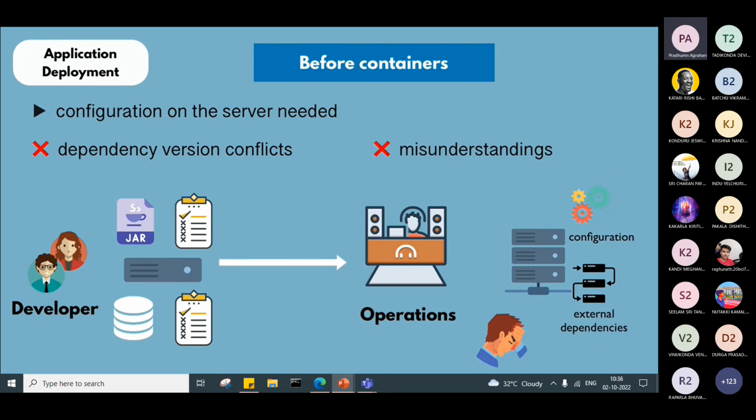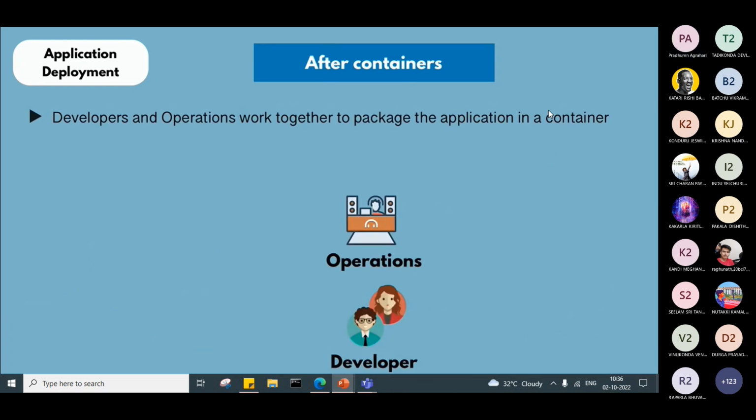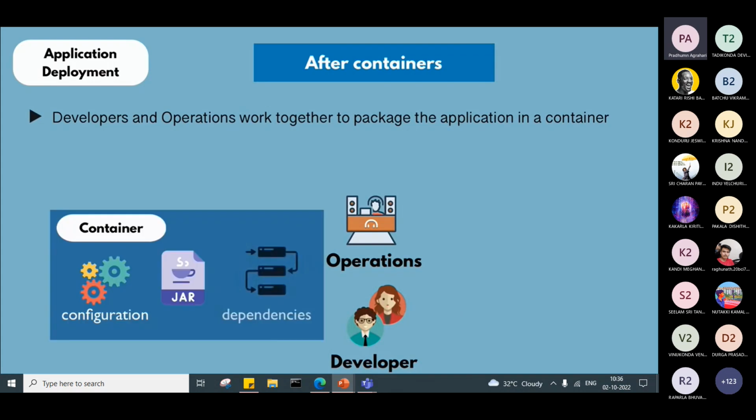Then the operation people will think, oh, the developer has not written the right code or something like that, because there was only a textual guide of deployment. Then people put the developer and operation together so that they can